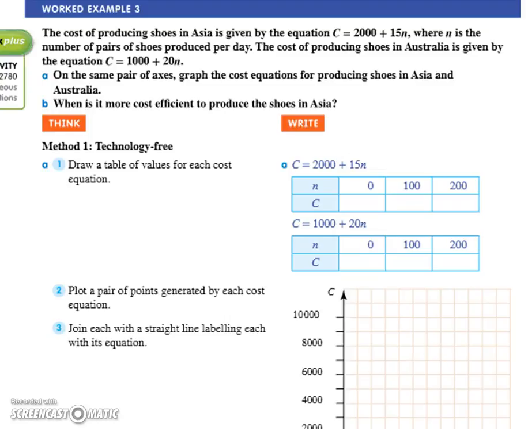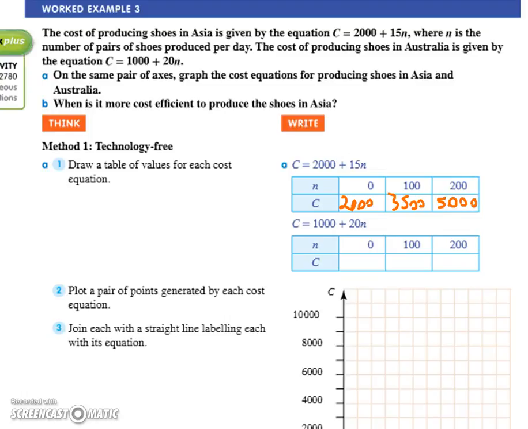Finger out C. Beautiful. So what do we got in this particular one? When N equals 0, what's C equal? 2,000. When N equals 100, what does C equal? We're doing the one that we've started. 3,500. When N equals 200, what does C equal? Excellent. On the one below it,